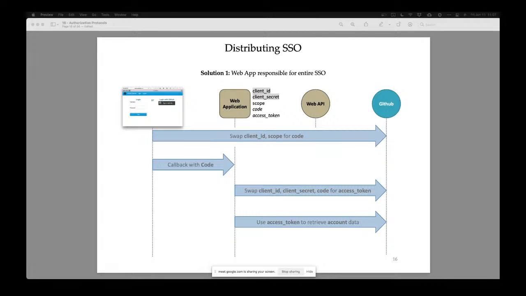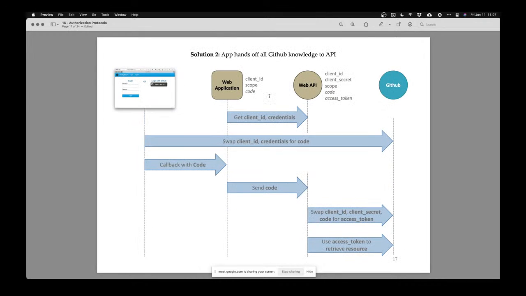I have a concern. We're talking about web applications. What if I was doing something like this, but through a mobile app? Imagine this wasn't a browser and a web application. Both of these were a mobile app. Would my mobile app have to register a client ID and a client secret